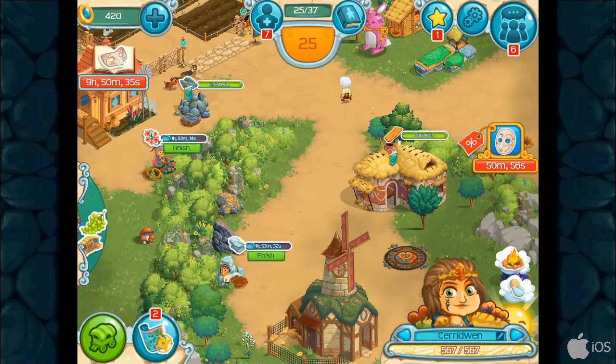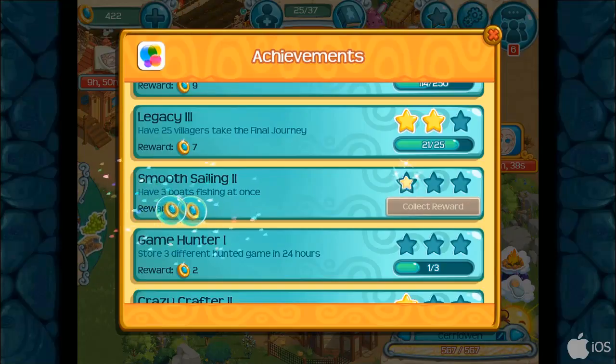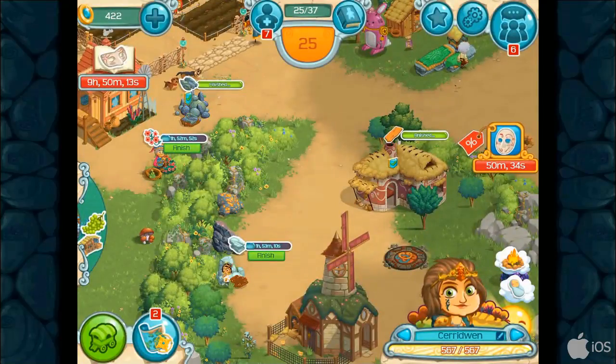And I can also see here that we actually have an achievement, and we had that one last time as well, but I just forgot to collect it. Yeah, that was when I was collecting food from the villages. When you have 2 boats out at the same time, you obviously get this nice achievement. As well as I know